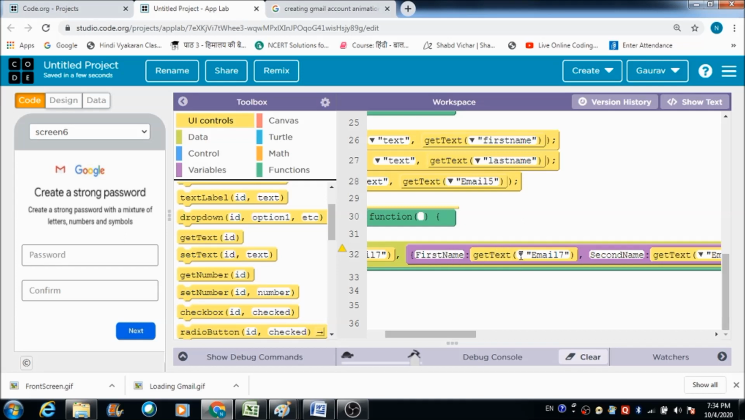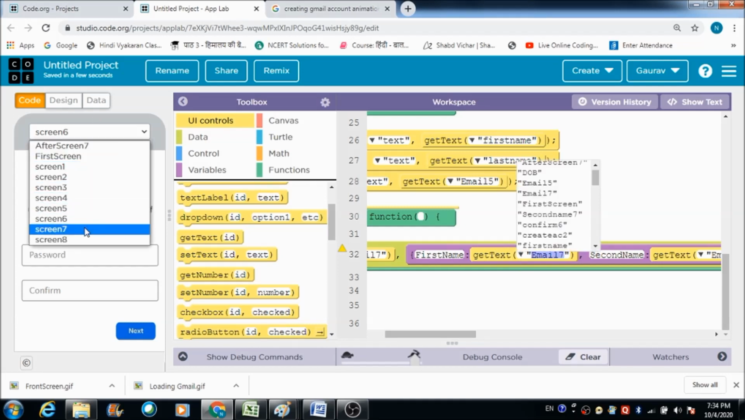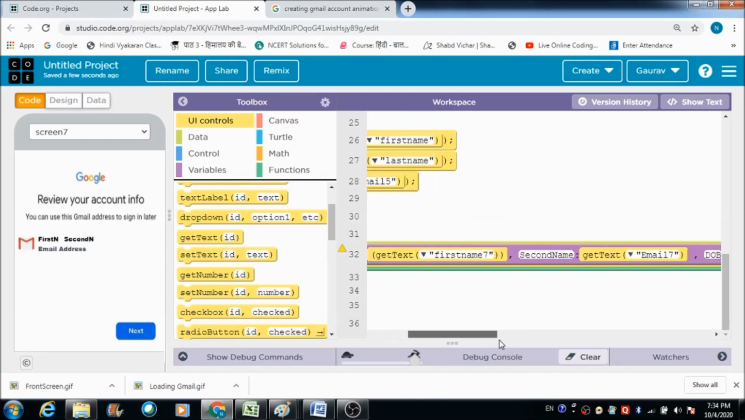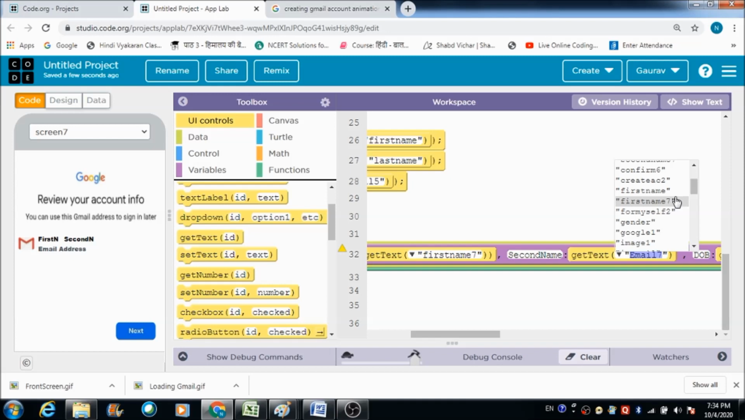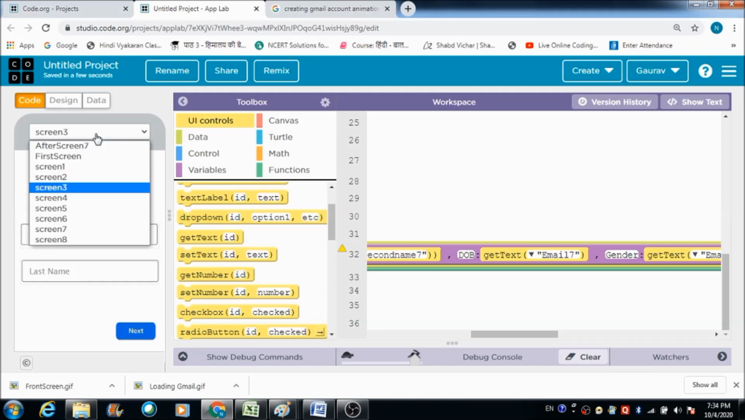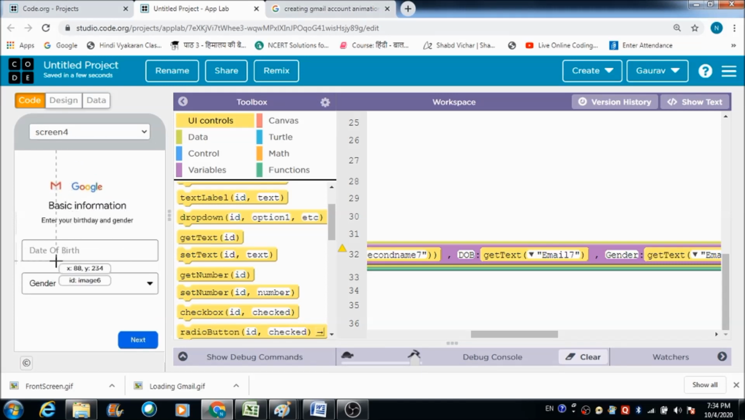For the first name, where is the first name going to get reflected? It is in first name 7. So let's pick up the first name from first name 7. Second name is going to get reflected in second name 7. So let's select second name 7 from this drop down over here, and then it is date of birth. Where is it going to get reflected? That's what we need to check out. Date of birth is in DOB. So let's select DOB from here,